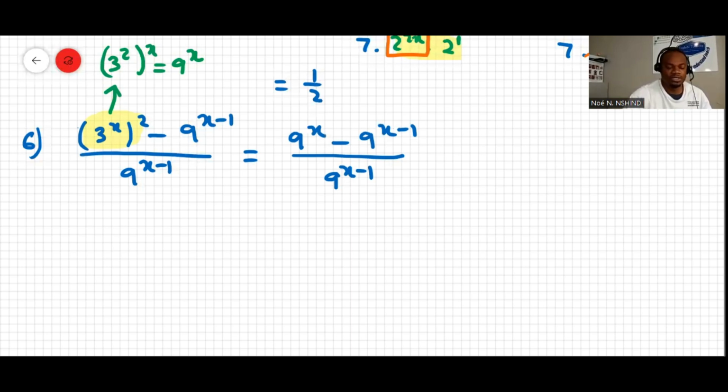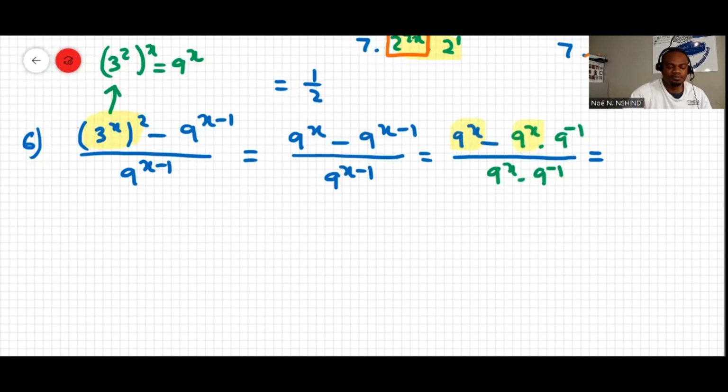We can break this into 9 to the x minus 9 to the x minus 1, which can be written as 9 to the x times 9 minus 1, all over 9 to the x times 9 minus 1. We can do it this way, and then if we take 9 to the x as a common factor,